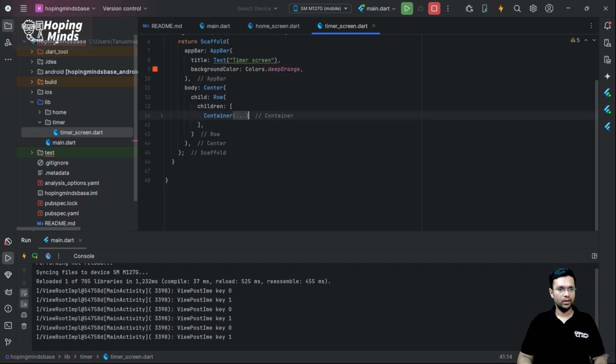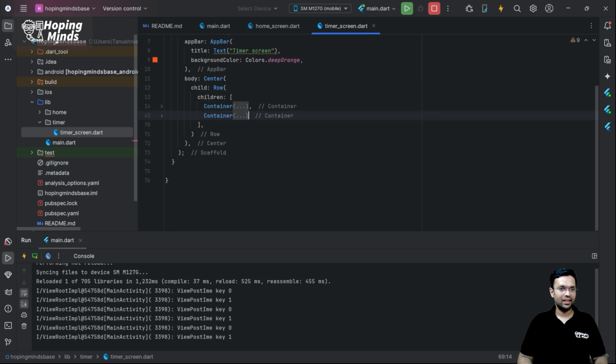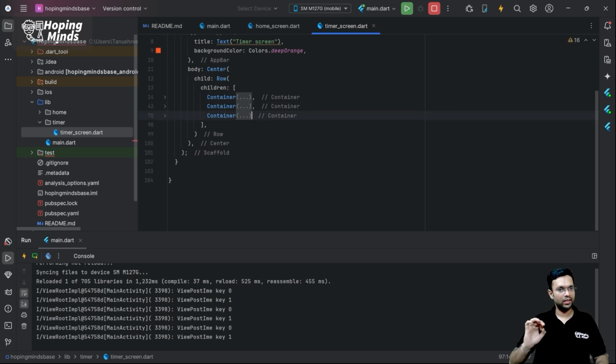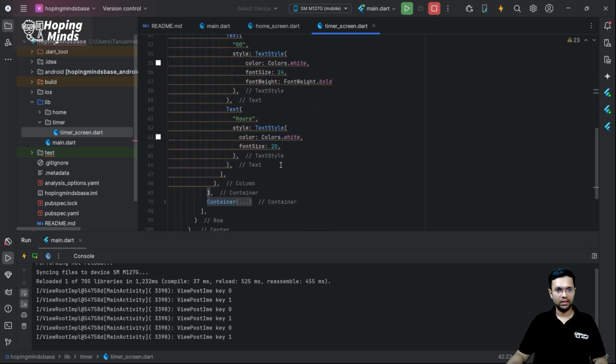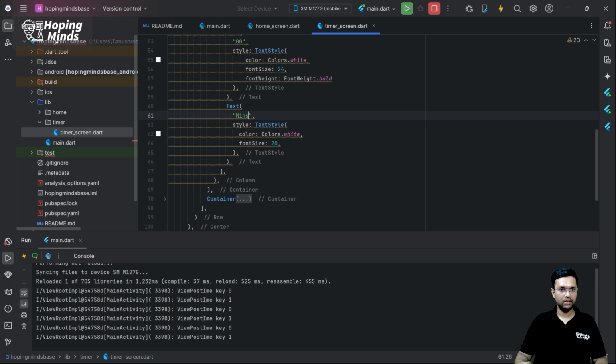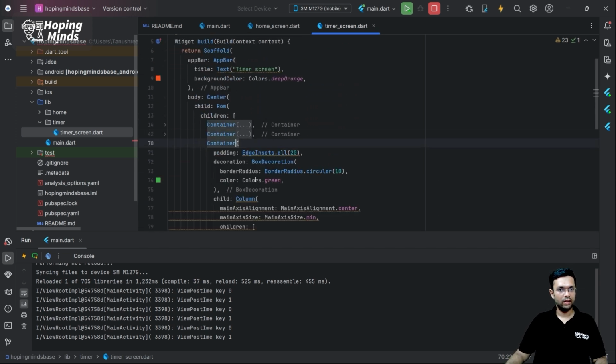Why a row? That's because if column is the y-axis, row will be the x-axis. In the x-axis, I want 3 containers. What did I do? Copy and paste 3 times. So what we have got in the second container is minutes, let me collapse this,